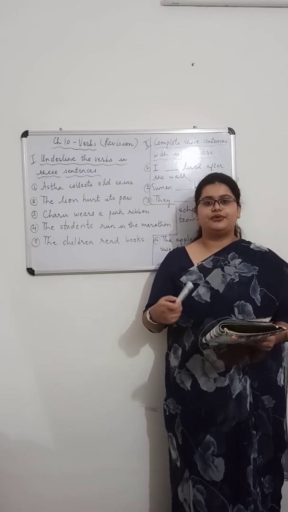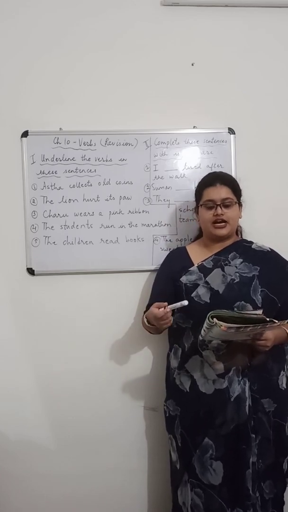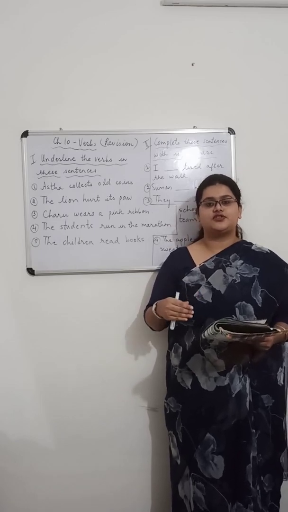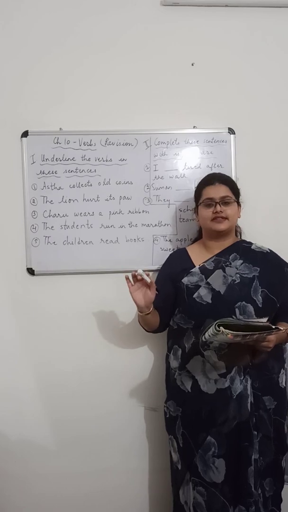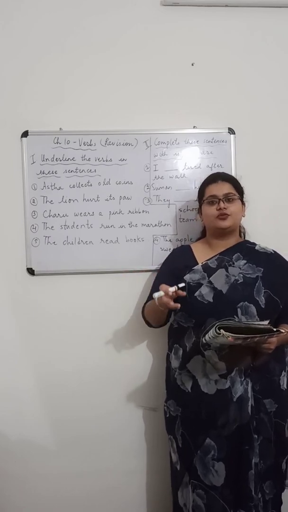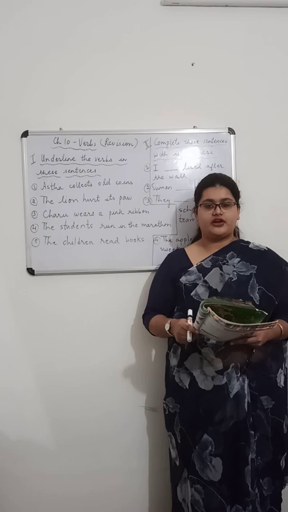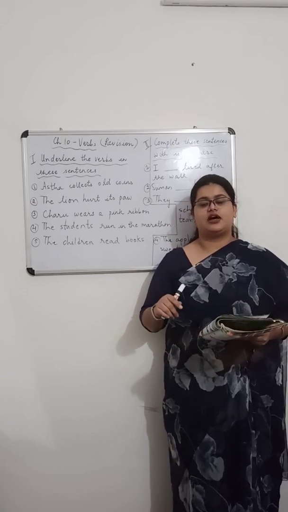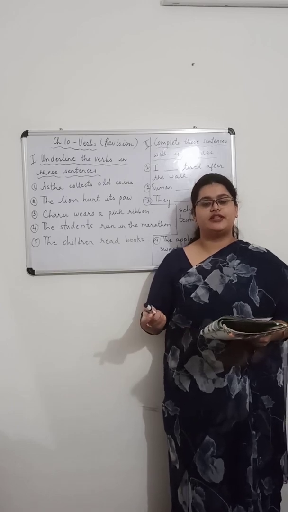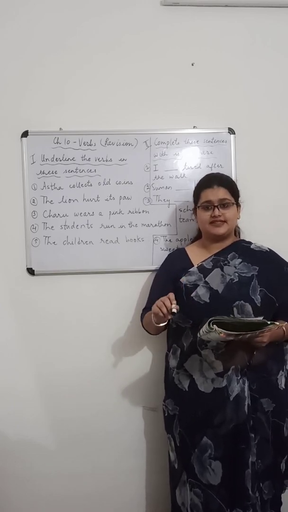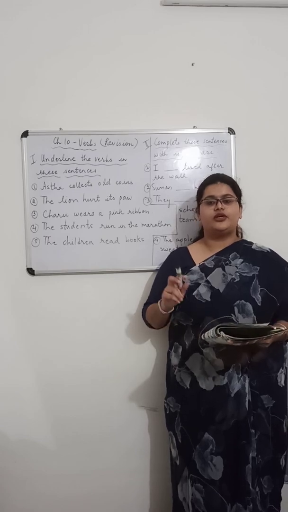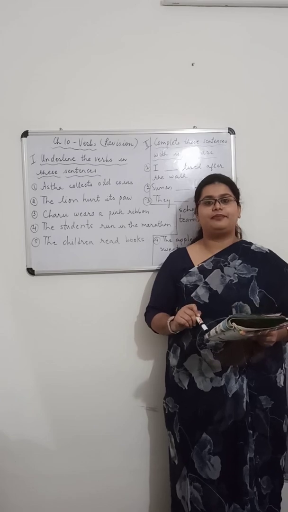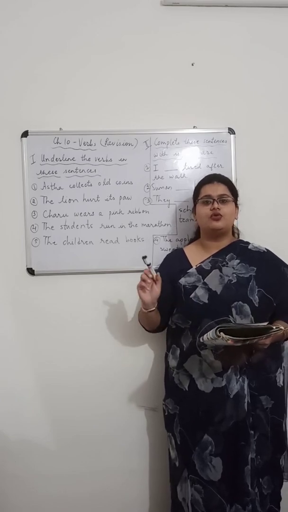Okay, for example, if I say Raj plays tennis on Sundays. So here what action is Raj doing? Raj plays tennis. So here plays will be a verb. Now there are certain helping verbs also like is, are and am. These are known as helping verbs. And when do we use them? We use the verb is with singular nouns. We use the verb are with plural nouns. And we use the helping verb am with the pronoun I.